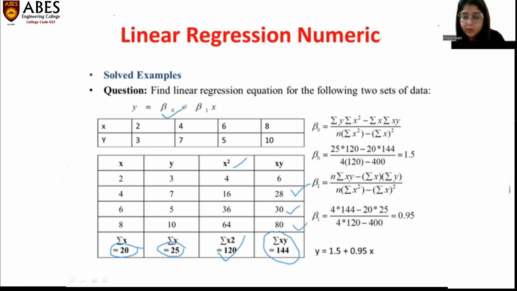I said that we have to calculate beta 0, which is your constant, and then we have to calculate beta 1, which is your slope. For calculating beta 0, we have this formula. In beta 0, first of all, we take the summation of y multiplied by the summation of x square, minus the summation of x multiplied by the summation of xy. Then after that, we divide by the total number of elements multiplied by the summation of x square minus the summation of x whole square, right? This is our formula. On this formula, we will provide the values from this table. So first of all, our beta 0 is